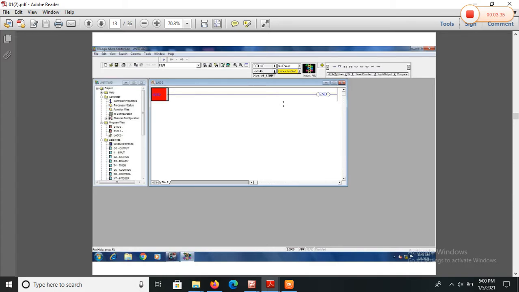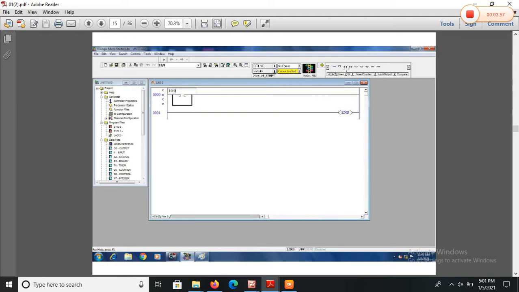Now for the ladder diagram we have to use different symbols to draw it. Now I have taken one simple normally open switch. This is a normally open switch. I assign the input address I:0/0 to this switch. Then I have taken the output O:0/0. I assign the output address 0/0.